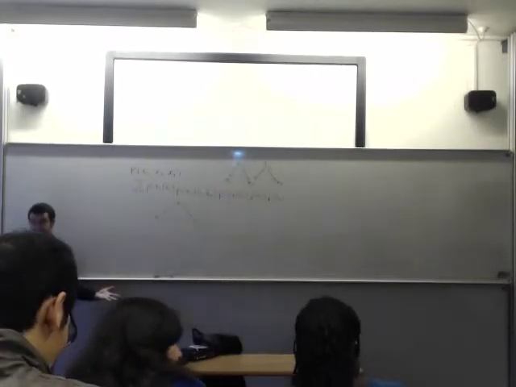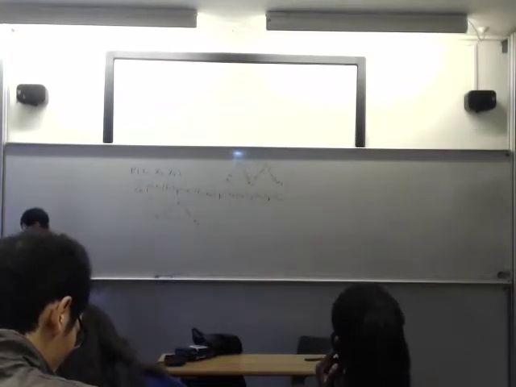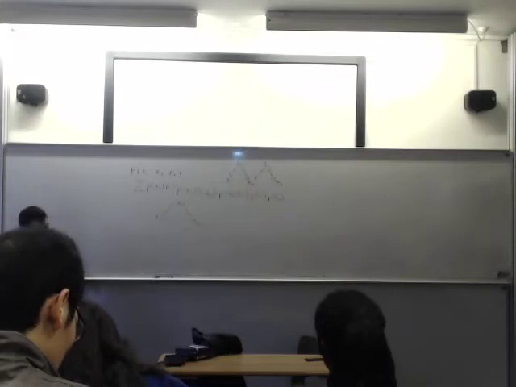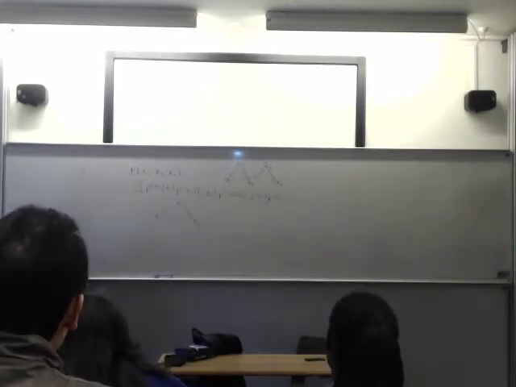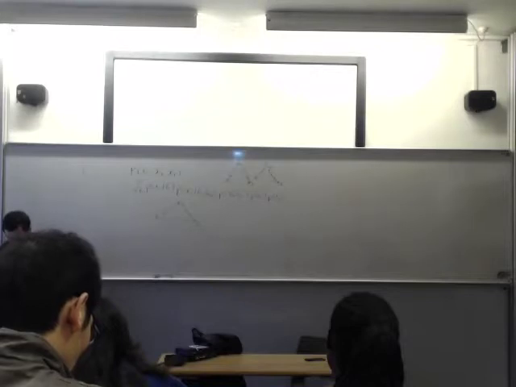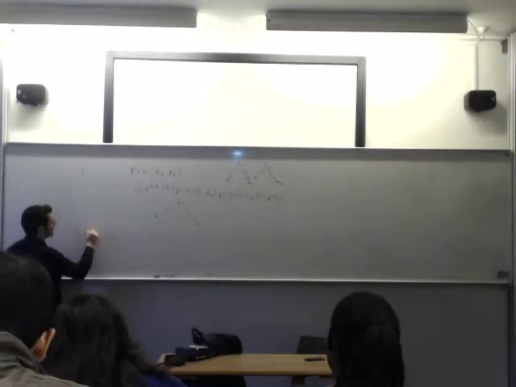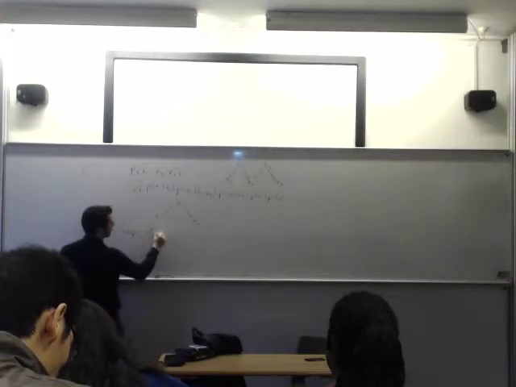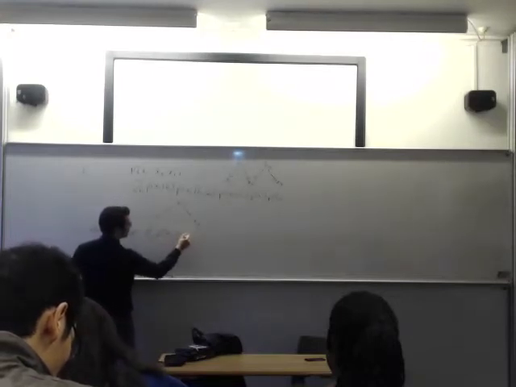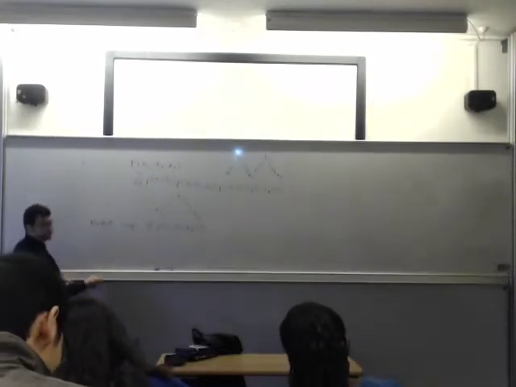The question is, is it a perfect map of this joint distribution? And the answer is no, and that's because if you think about marginalizing out x2 here,